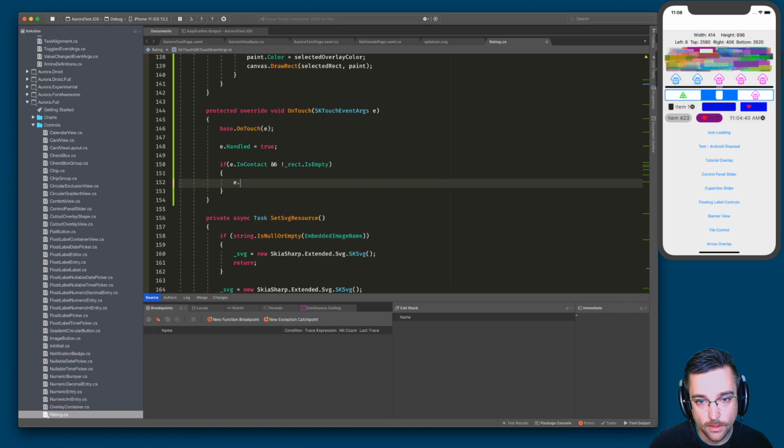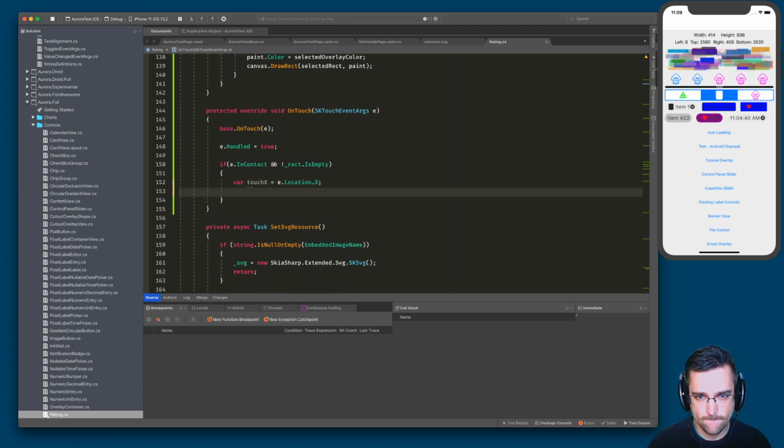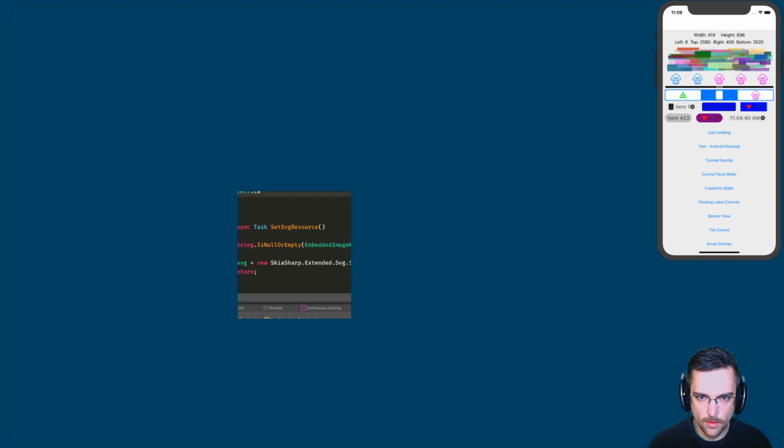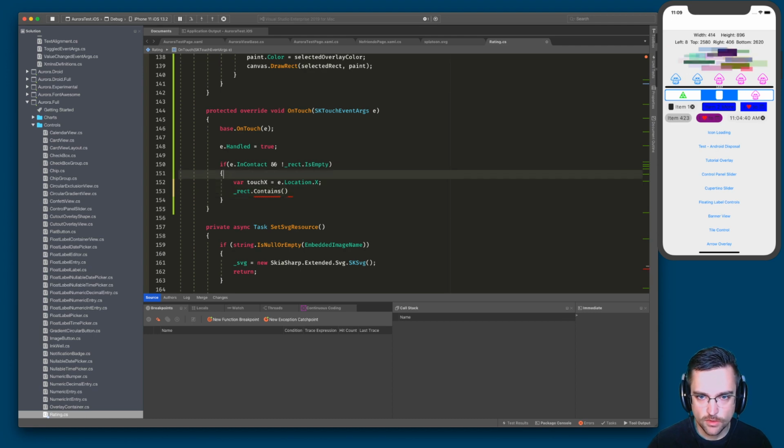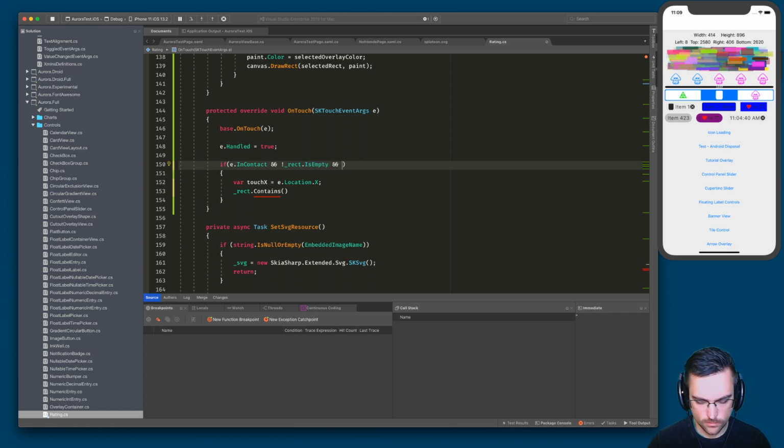Okay, so we're going to say e dot, where do we have location? Yeah, so our touch. E dot location dot, I really just care about the x value here. Touch x. And we'll say if, I think I could do like a rectangle check. So I could do contains. So that's actually, we'll do that here. So if we're touching inside of that rectangle,